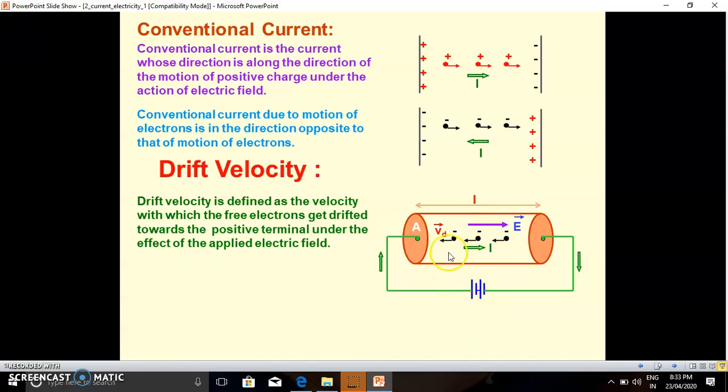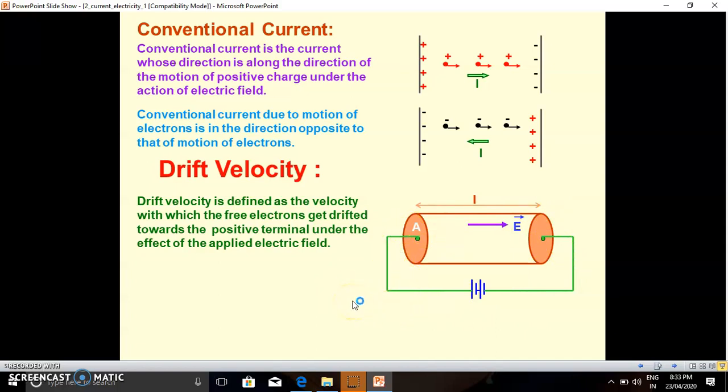That's why these two electric fields, internal and external, are equal and opposite. That is the reason why the electric field inside the conductor is zero, because they cancel each other. The external electric field and the internal electric field produced by these negatively charged electrons cancel each other because both electric fields are equal and opposite. That's why the electric field inside the conductor is always zero.